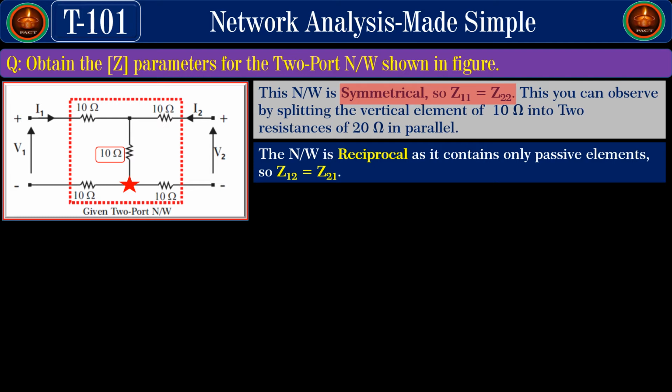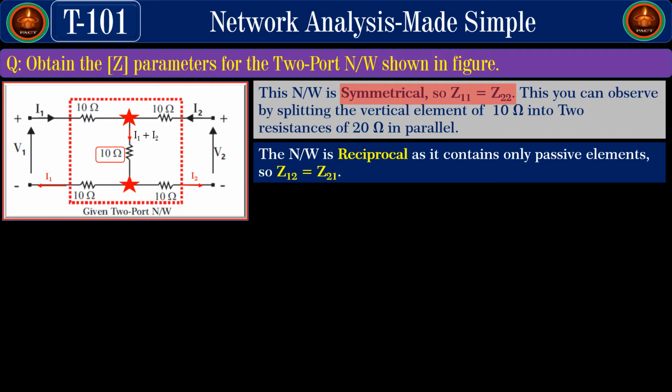What do I mean? Here is a black box, and I1 enters the black box, so I1 should leave the black box. Similarly, I2 enters the black box, so I2 should leave the black box. Now, you see that in these two 10 ohms, I1 is flowing, and in these two 10 ohms, I2 is flowing. This you have to understand. Now, by applying Kirchhoff's current law to this junction, we find that the current flowing through this vertical 10 ohm is equal to I1 plus I2.